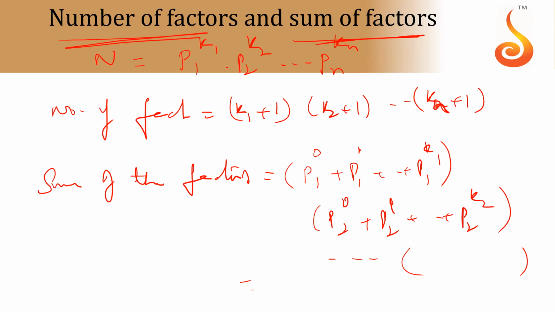It's very simple. You know that 2 is the only even prime you have. So if you want an even factor, 2 should be selected. So the 2 power 0 chance won't be there, meaning the chance of zero 2s coming won't be there. According to the given question, you have to see which prime you have to include in the selection, or which prime you have to call for the party. You can treat this as an invitation to parties. Similar things are there, how to invite them into the party. According to the required question, you have to decide which prime should be invited and which should not, and solve the problem accordingly.